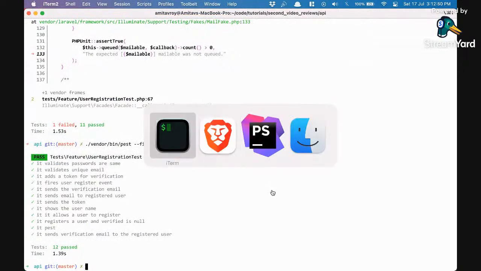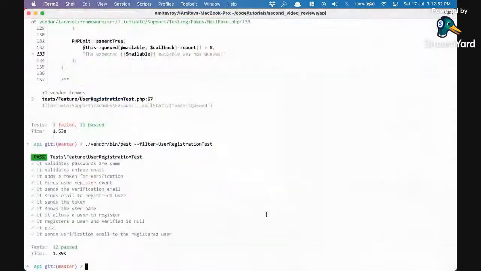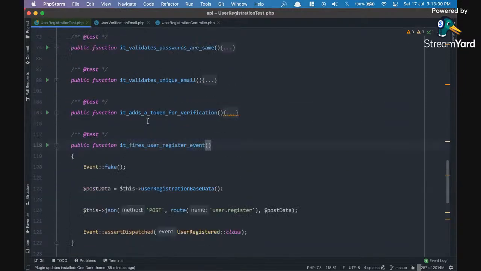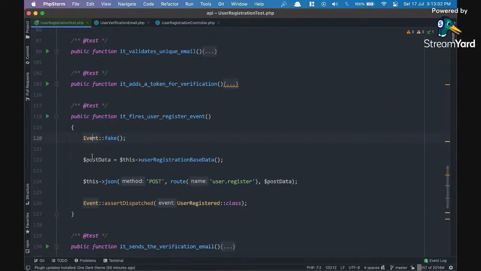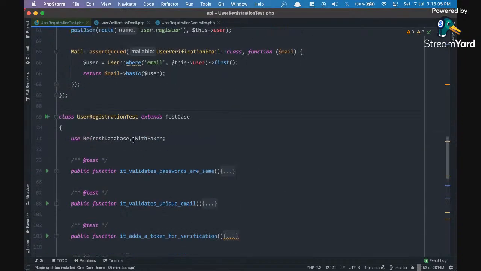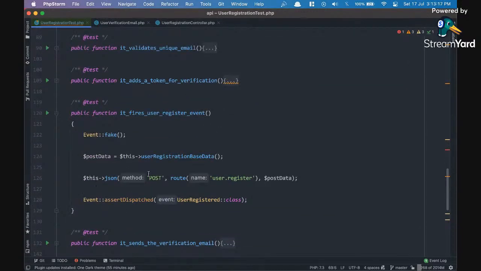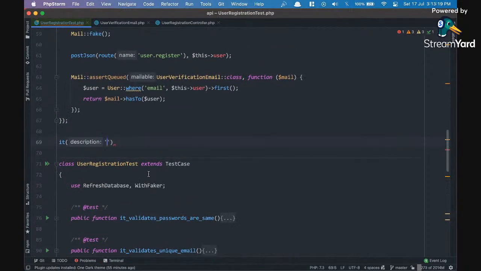Okay, so I think we are already 43 minutes in, and we have generally a sense of how Pest can be tackled. I have this event test which, again, is going to be very similar, but I'll show you just to ensure I cover certain things. And there is one thing which I'm still not sure about. I'll paste that as well. So the test is what it fires: user register event. If you are trying to test certain kinds of events, you can do that. So it fires user register